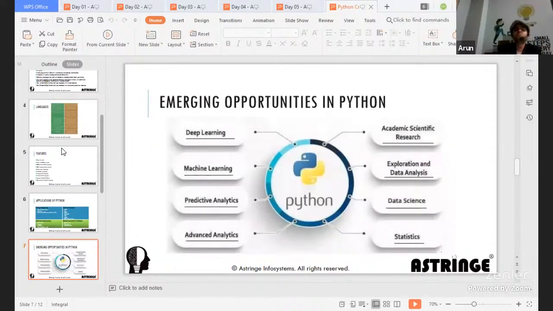Now, this is one of the most exciting opportunities in Python. Python could be used for various applications, particularly in data science, which I should have mentioned. In deep learning, Python excels over the rest because a lot of libraries are already inbuilt, and particularly after TensorFlow from Google, Python is considered the de facto language to learn deep learning.